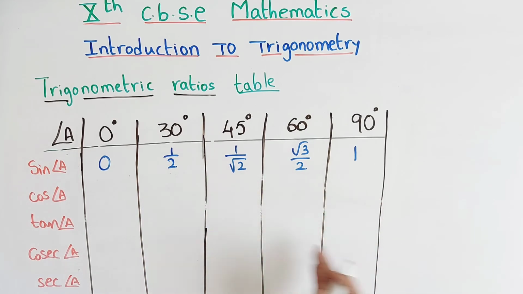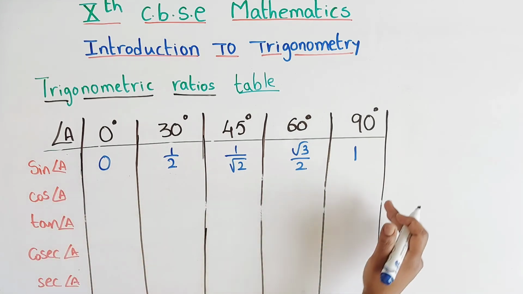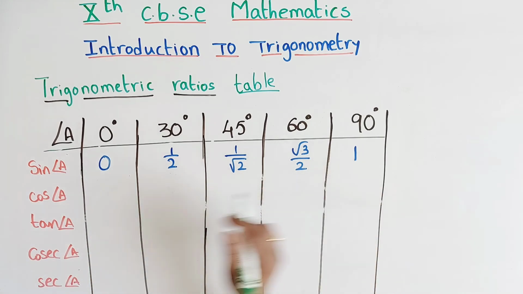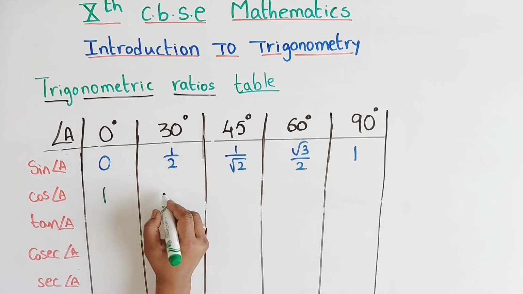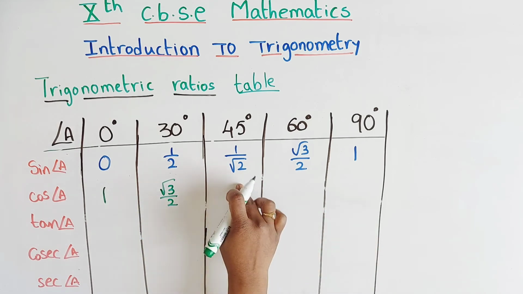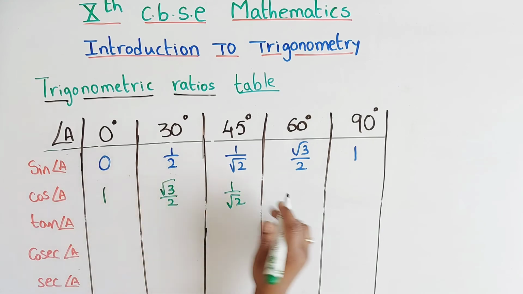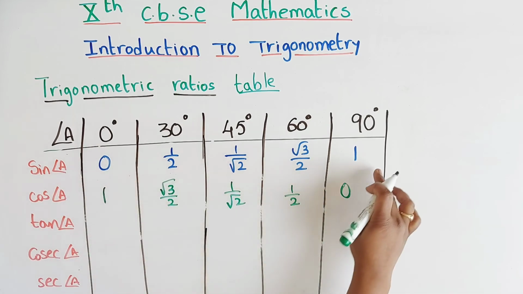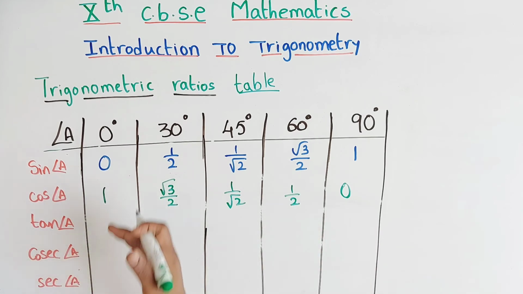Now cos will always go opposite to sin. Just write from back to front. That means 1 to 0. See here, what is the angle here? 1. So this will be cos 0. Next root 3 by 2. It will come here. Cos 30 is root 3 by 2. Next 1 by root 2 here. So this will be 1 by root 2 only. And next 1 by 2 will come here. And 0 will come here. See here, 0 to 1 in sin and 1 to 0 in cos. Completely reverse order.